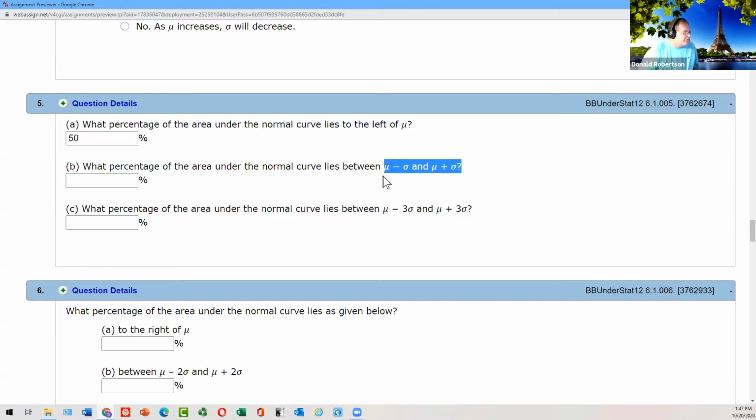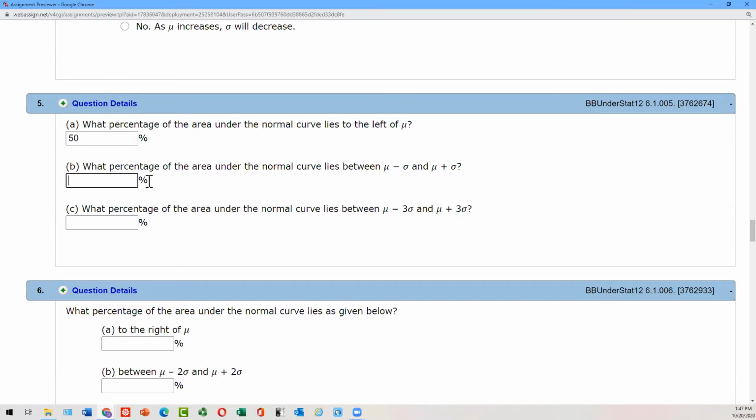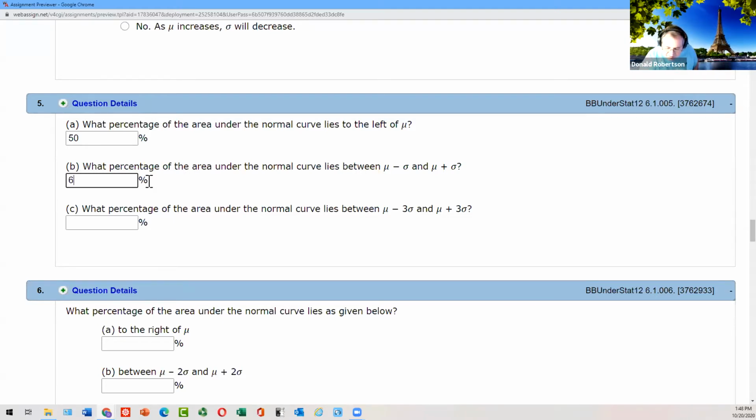Isn't that just another way of saying one standard deviation either side of the mean? And that was in my little table. 34%. One piece is 34, but go the other side, you get another 34, don't you? So altogether, 68. Now, if it was from the mean to one side, it would be 34. But in that picture, I had 34 on each side, so I added up.